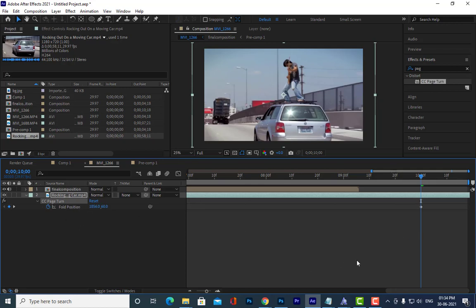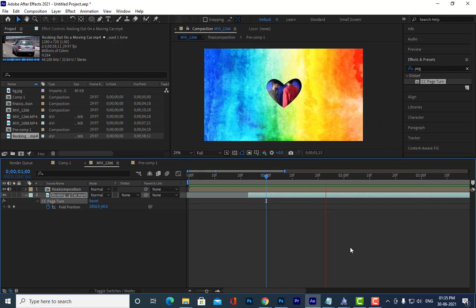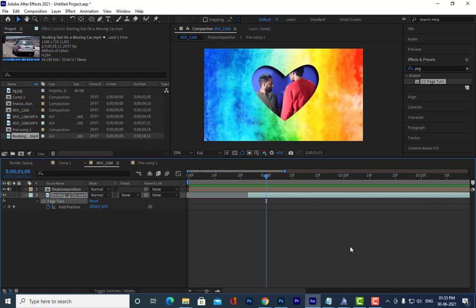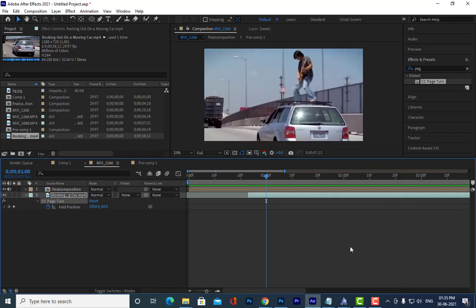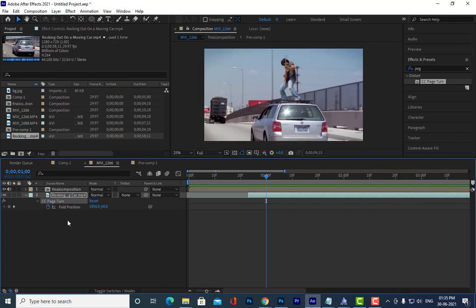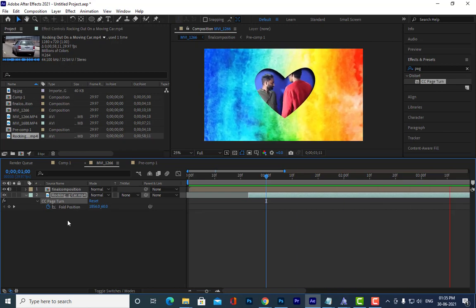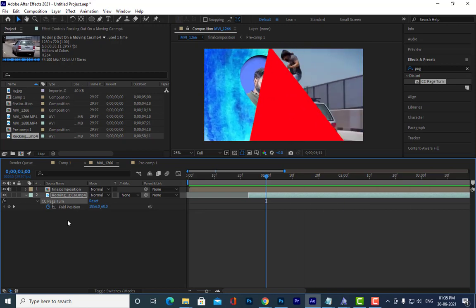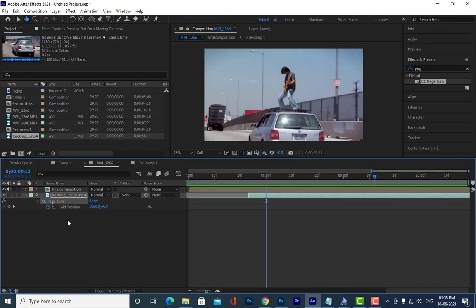See, but actually the effect is different, even though we pasted it, because we have to copy the keyframes. Are you able to understand? If you want the same type of effect, we'll increase the composition size.